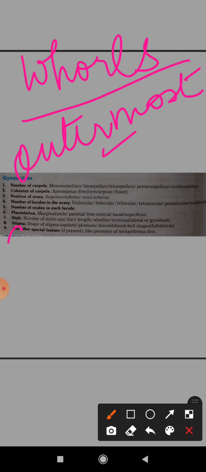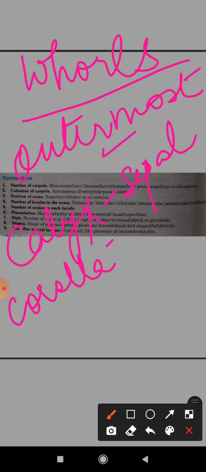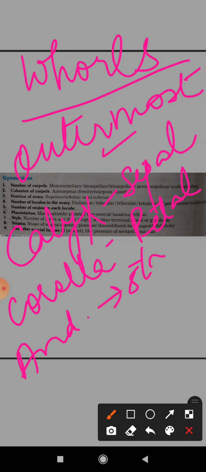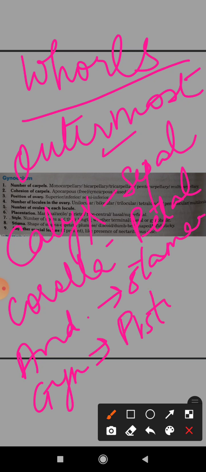That means the outermost will be the calyx, which is also known as the sepal, right? Then comes the corolla, petal, then comes the androecium, which is the stamen, and innermost is the gynoecium, which is the pistil, right? And that is how we describe, and in this sequence only we write the floral formulas also,